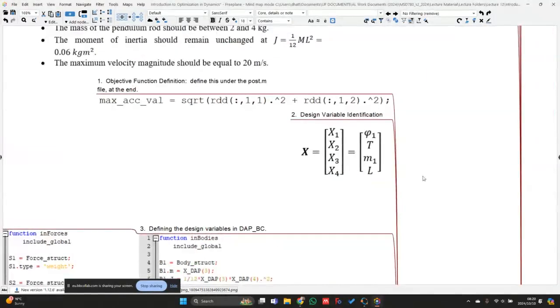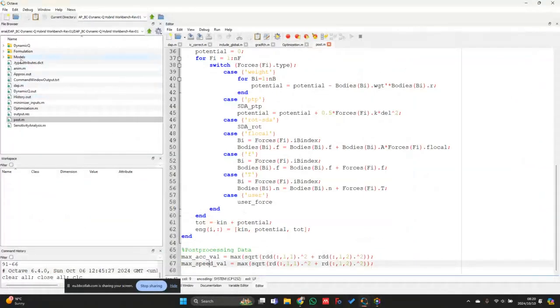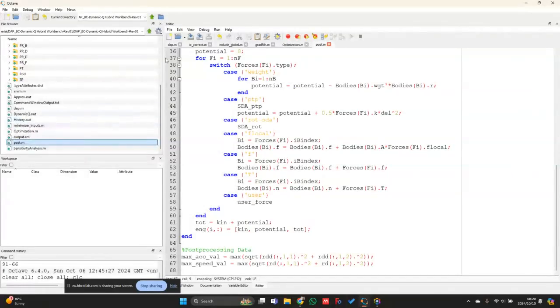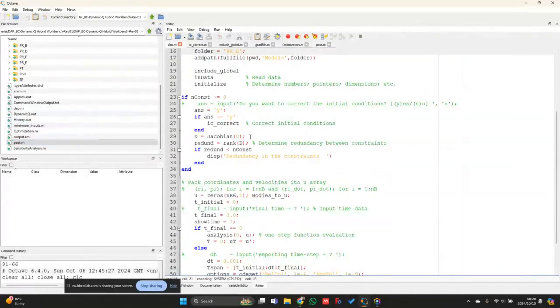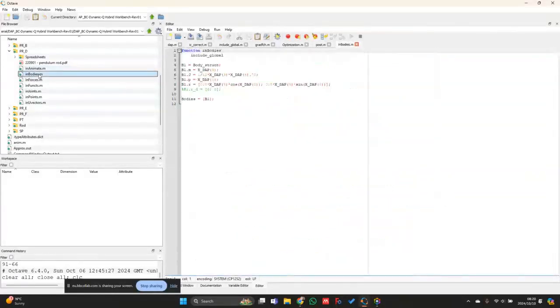Now, I know that the mass and the length properties are used within the in-bodies file, so I'm going to start off with that in-bodies input file. If I go back over here, I just need to remember that I'm now working under models, and I did update my dap.m file as well over here to say pr_d, so that's fine. So if I now head to pr_d in-bodies.m,